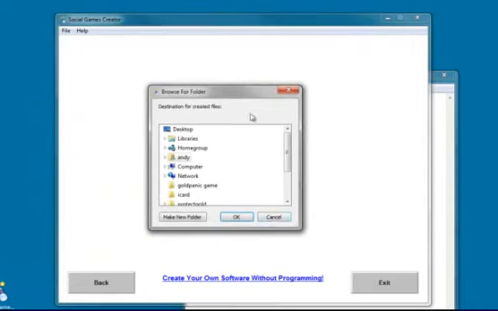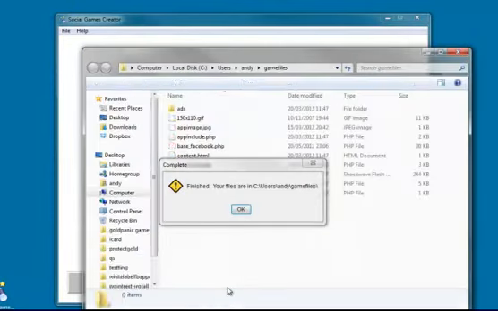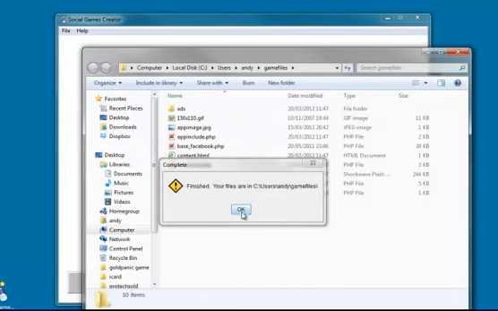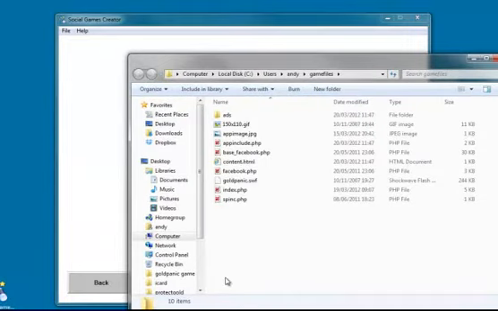Okay, it's now going to create the files, so I need to tell it where I want to save them. Just make a new file. Game files. And when it's finished, it tells me it's done, and it tells me it's created the files and it's put them in this folder here. And this is basically all of the files I need already set up,